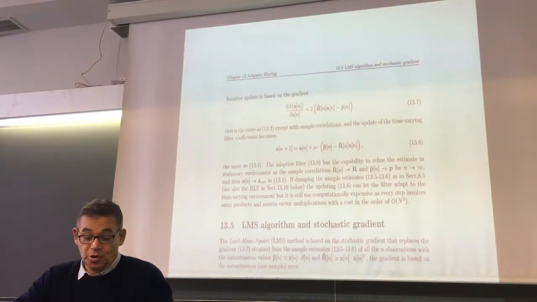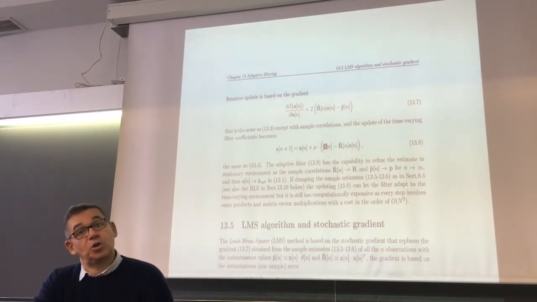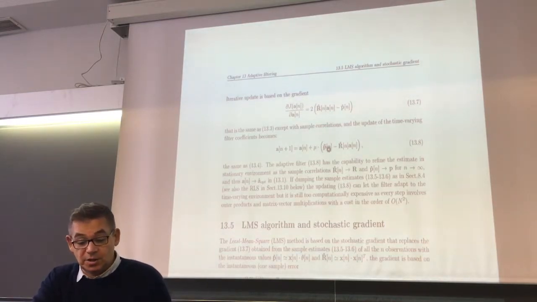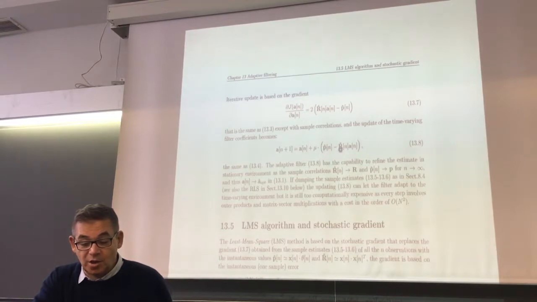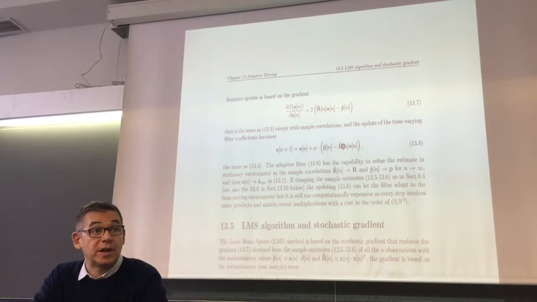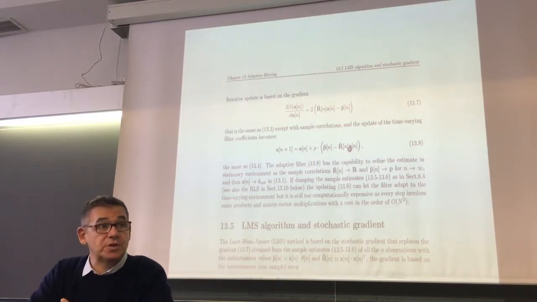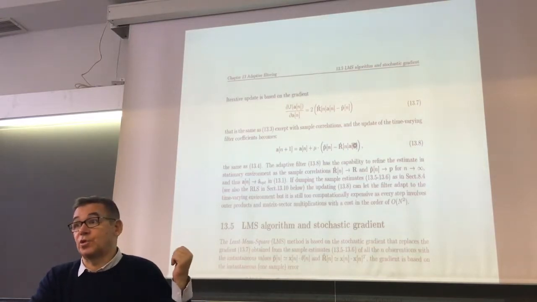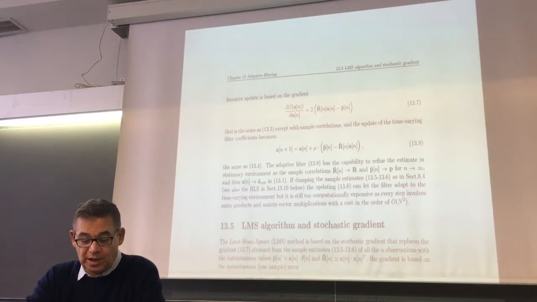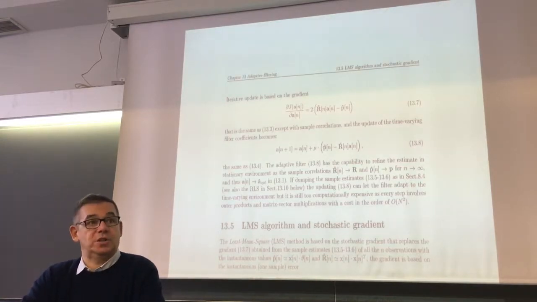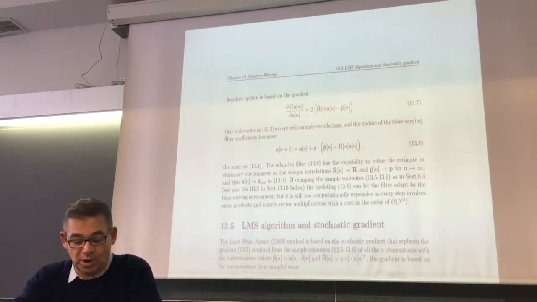If the number of samples goes to infinity, then the sample estimates of the cross correlation and autocorrelation go to the true values. And if it is stationary, then my unknown filter is stationary, and this converges to the same solution we saw before. Now let's move to the case where everything is not stationary. So we have seen that we have all the analytics that we need.